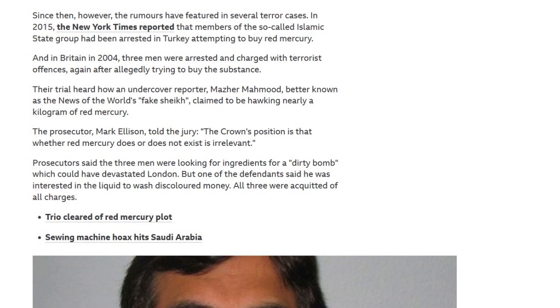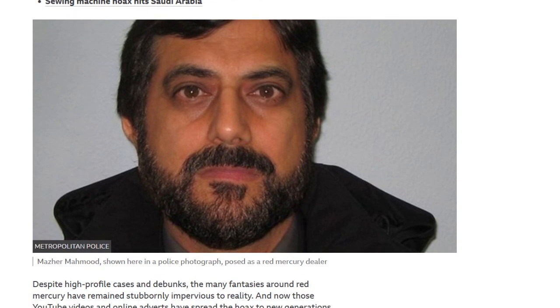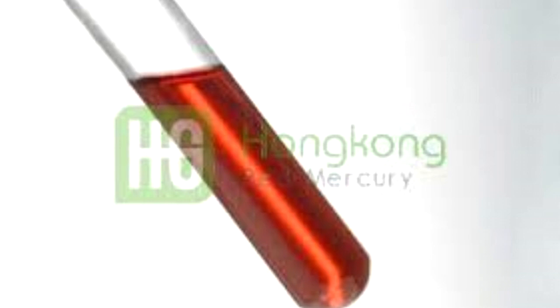And believe it or not, here in Britain back in 2004, 3 men were arrested and charged with terrorist offences, again after allegedly trying to procure red mercury. So to sum it up, I really have no idea why this strange myth of red mercury persists. Certainly there's no information to indicate that this material did ever exist, and if it did exist, it's not been tested in any laboratory. Now, as myths, scams and conspiracy stories go, I think this is a good one, but